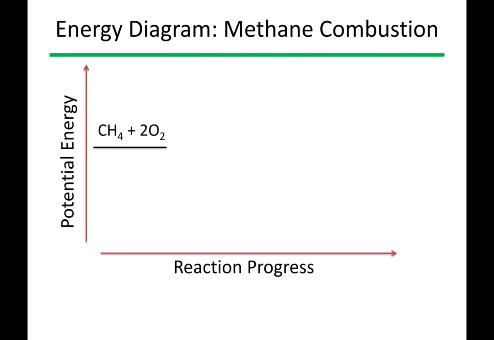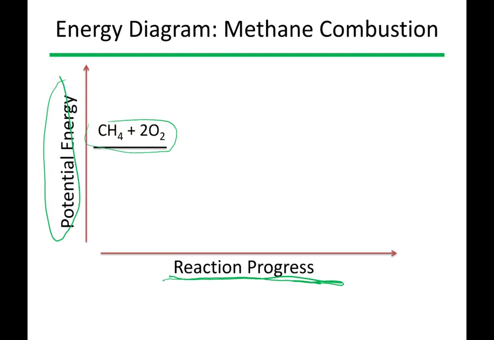So remember when we were talking about bonding, we know that forming a bond happens because it's favorable, it's going to release energy, and we can have a sort of reaction progress diagram here where we have the potential energy of the whole system, in this case our methane and our oxygen to begin with, and we can see how the potential energy of that system changes as we run a reaction.